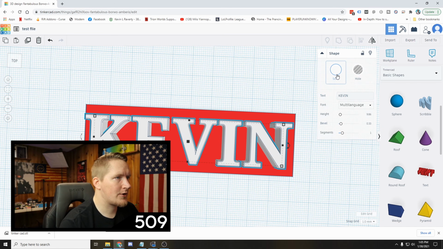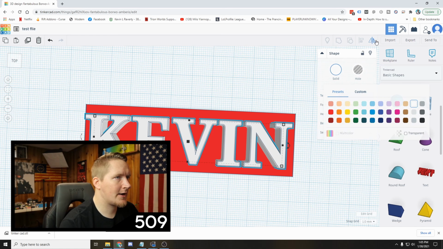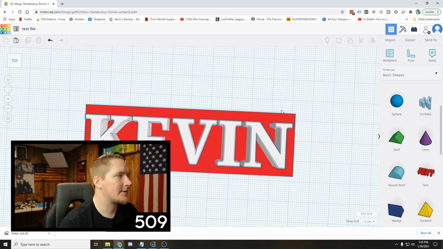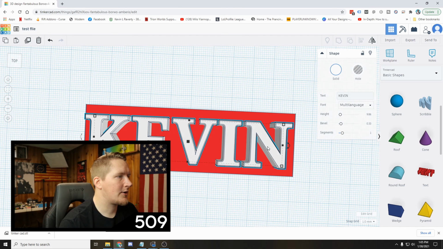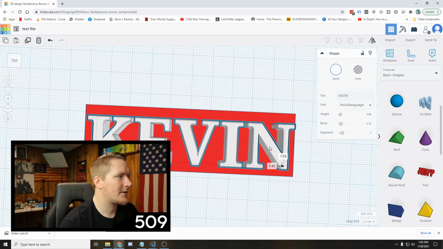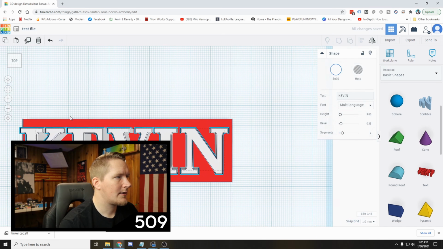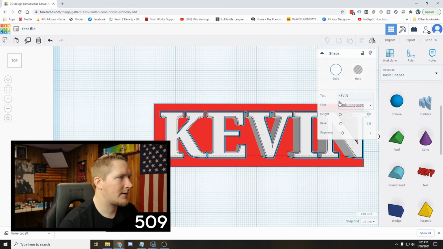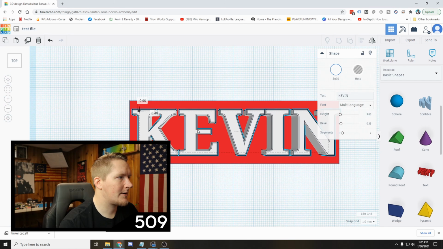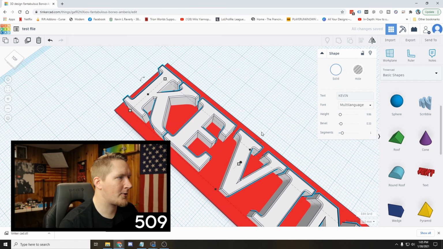we want it to be a solid. We've already got the color set. Hopefully my webcam isn't blocking anything. I didn't think about that. But you can click on this. It's not really centered. Let's take the top view. We're hanging over a little bit. It needs to go over here. So there are better ways of measuring this. I don't know how to do this in this program, but